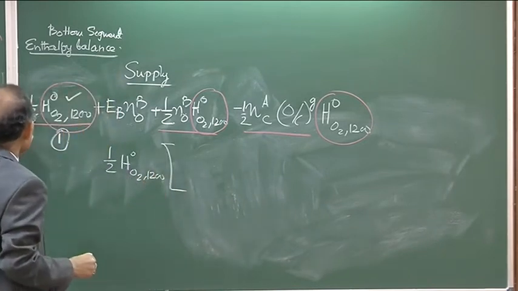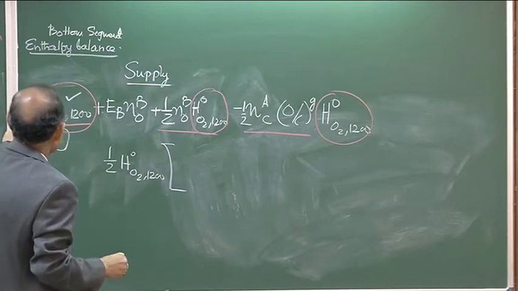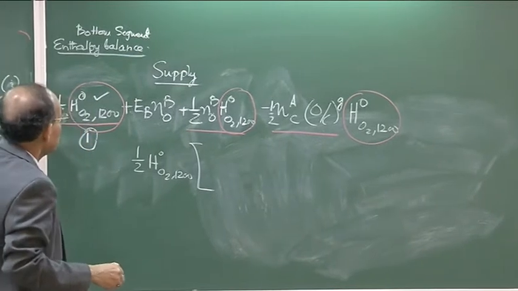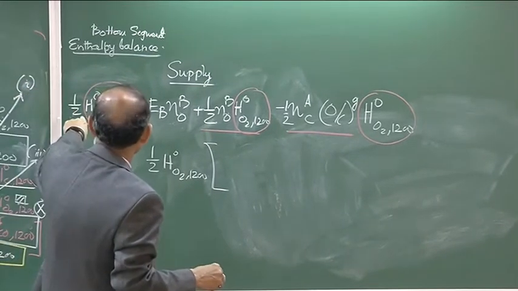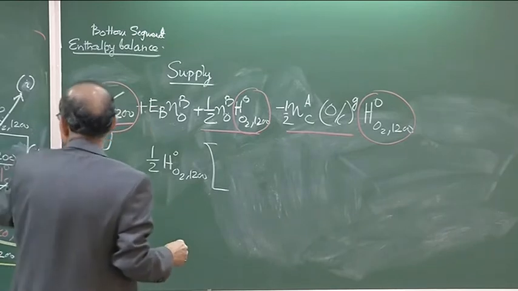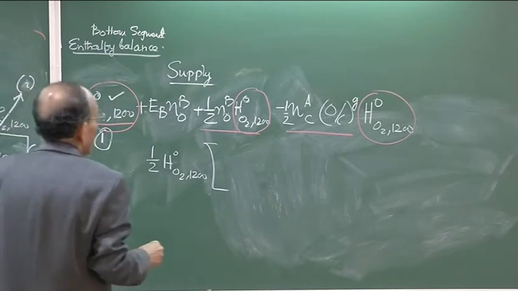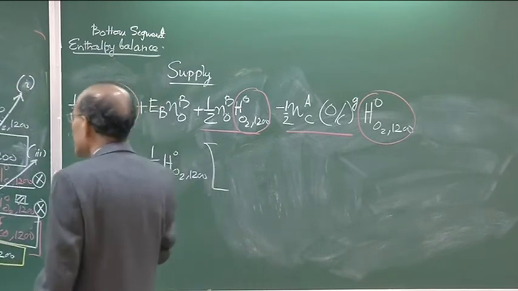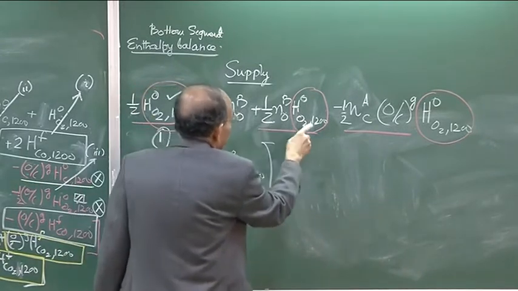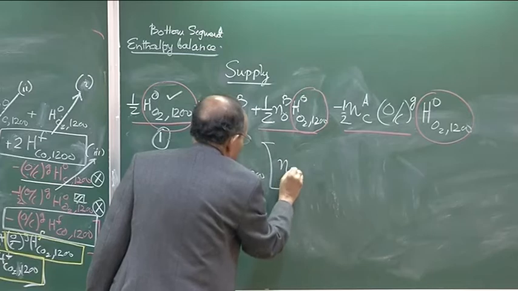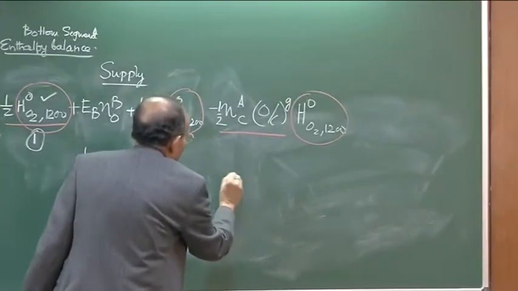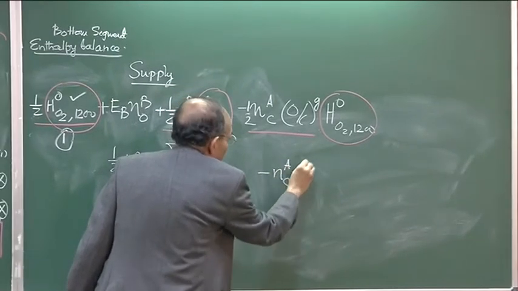You are going to get, okay, here for example, oxygen, I think I have made a mistake somewhere, anyway I am going to get here. So, we have NOB is a positive term. Okay. We are going to get minus NaC into O by C